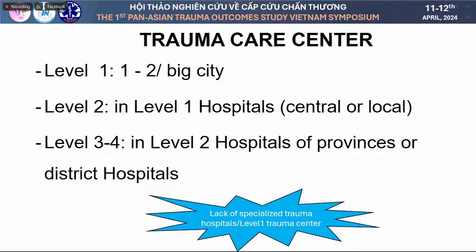here the information, the picture of the traumatic deaths in Vietnam caused by trauma. We know we have a lack of specialized trauma hospitals and level 1 trauma care. For example, in the talk by Professor Saparia from Malaysia, they had a plan to move the coordinated center and pre-hospital care to take the victims from the scene to the hospital for dedicated care. But in Vietnam, most patients, not victims, look like the report of Dr. Vinh Anh. They want to move